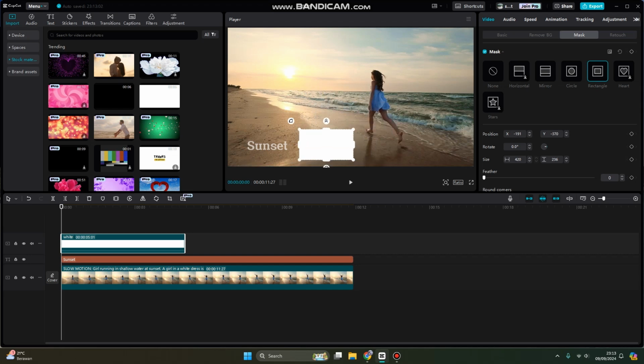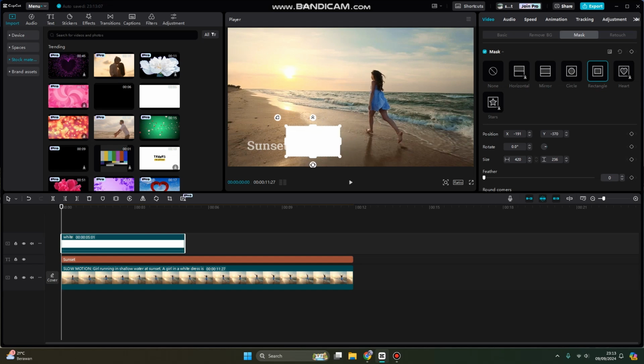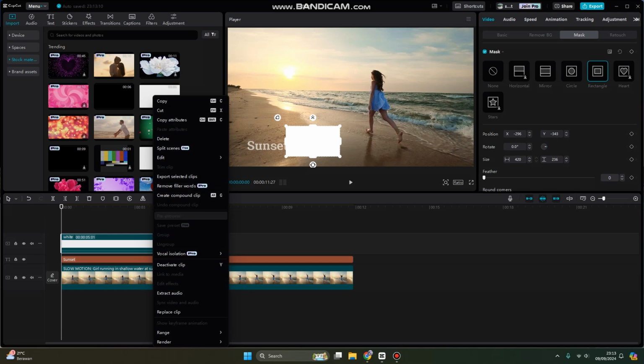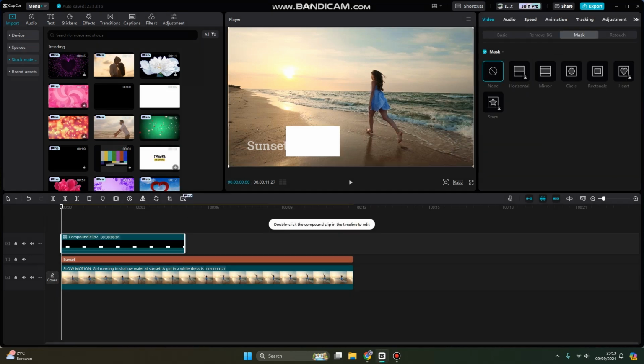this for example, and after that here you can just create a compound clip using this white background. So right click and choose create compound clip, this one. Tap on the white